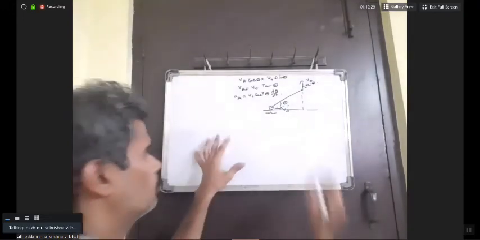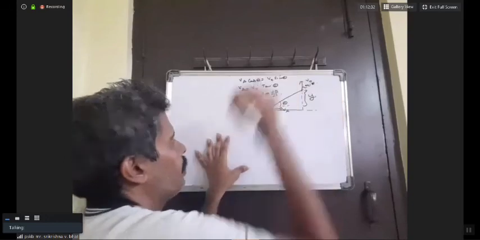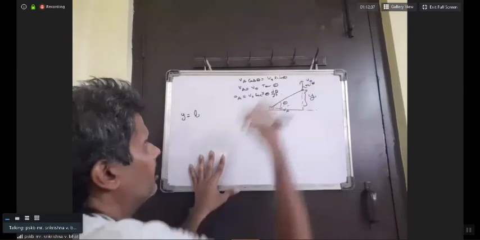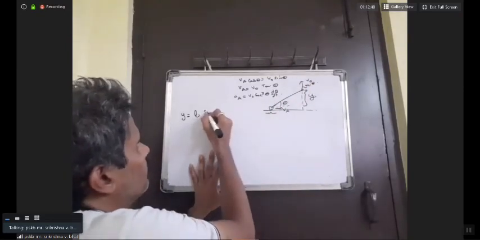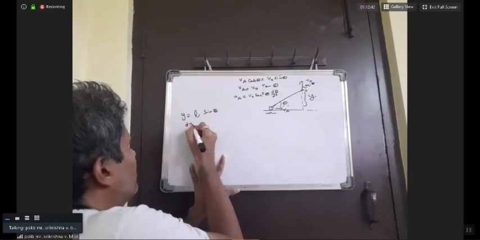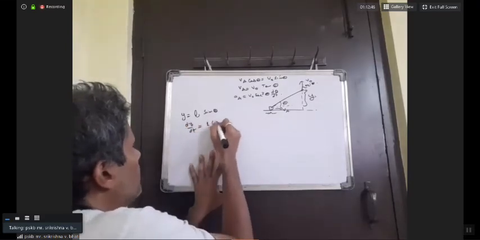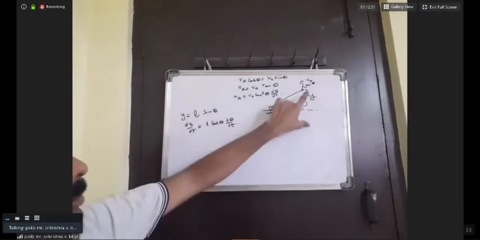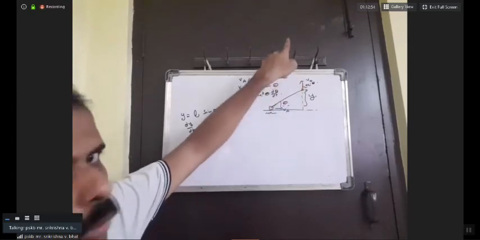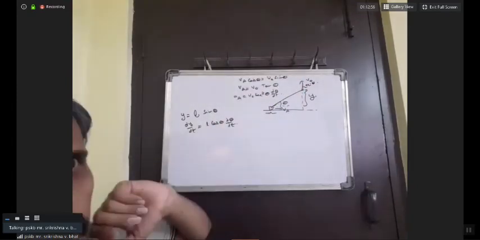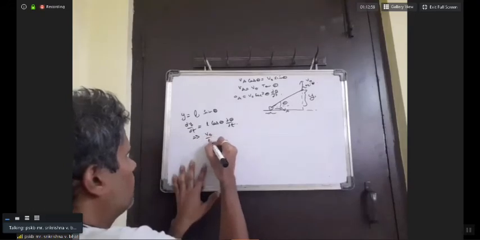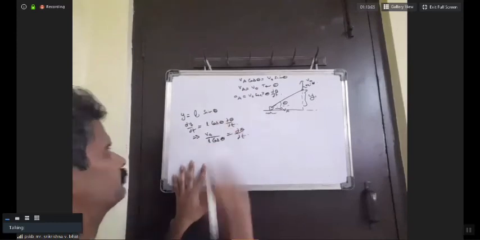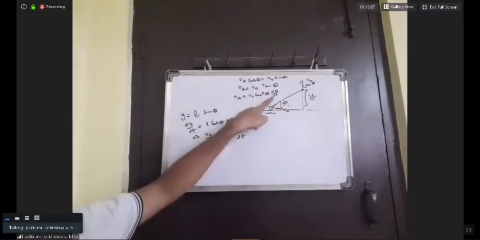Okay, and one more thing you can also do is, suppose this distance is y, and suppose the length of this string is L. Then y is equal to L sin theta. So if you differentiate y, you get dy by dt, which is equal to L cos theta into d theta by dt. But dy by dt is nothing but the velocity with which this point is moving up. So that should be nothing but v0. So we can say v0 by L cos theta is equal to d theta by dt. Okay, so that we can put in this equation.